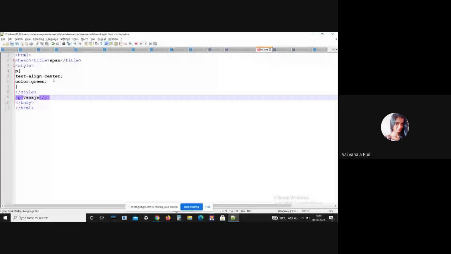I have already explained what border top left radius means. It is generally used to set the border radius for the top left corner. Border top right radius is used to set the border radius for the top right corner. Border bottom right radius is used to set the border radius for the bottom right corner, and followed by we have border bottom left radius, which is used to set the border radius for the bottom left corner. These are all the coordinates.